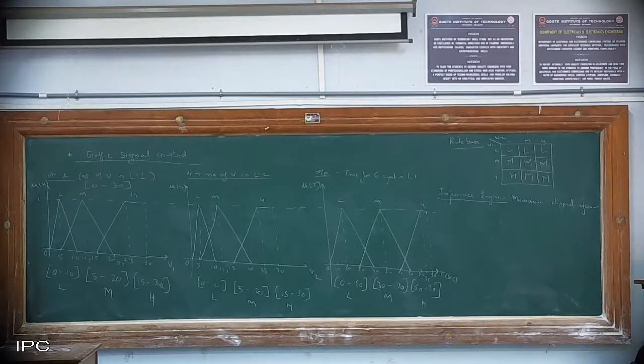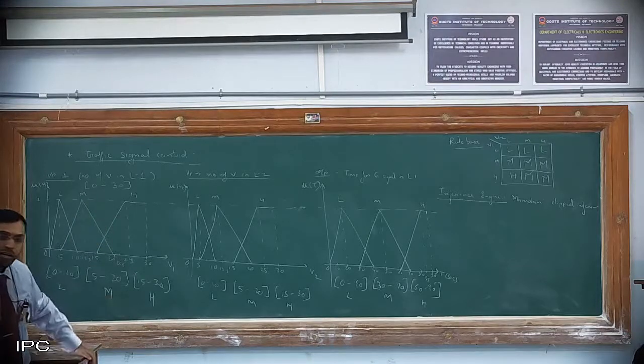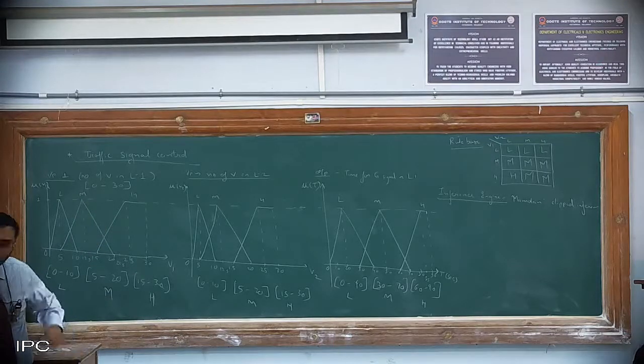For air conditioners, you can just check it on the net also. Google fuzzy logic based air conditioners. Depending upon the number of people in the room, humidity in the room, temperature in the room, temperature outside the room, these can be the input parameters, and then you can decide the cooling factor. Yes or no? So there can be a large number of applications, which are practically being used also. So that we can study. Okay, fine. Coming back to this part, I hope you people are done with this. Any difficulty till this part? Fine. So now let us take an example, and then we will move ahead.